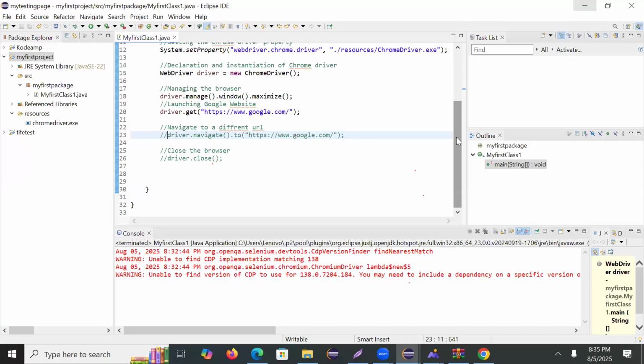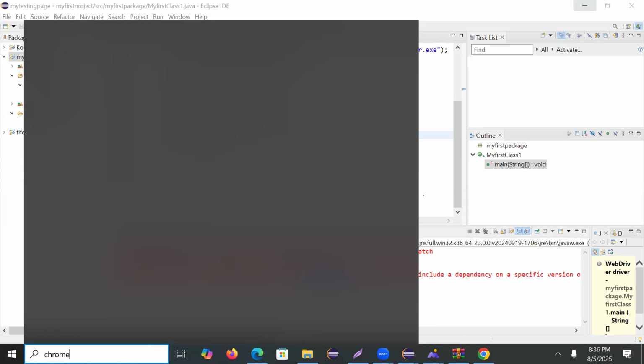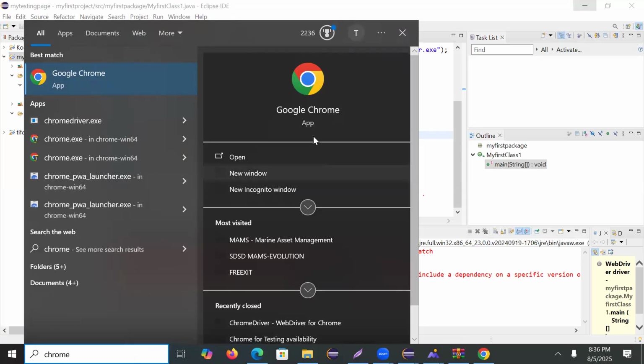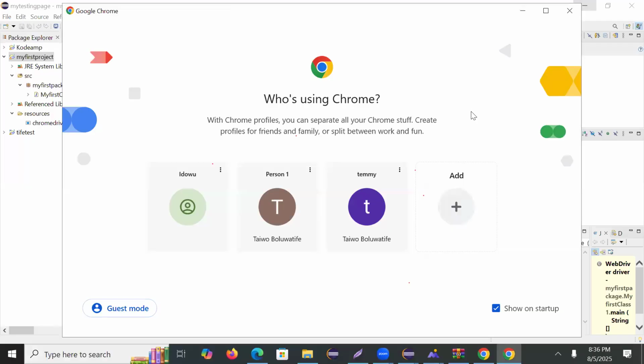I feel like I'm getting so many errors because the Chrome driver I installed is not the same version as the Chrome installed on my PC. So I will try to check that. You can also check by going to your Chrome, going to About, and making sure that your Chrome is updated. And the WebDriver you should be using,